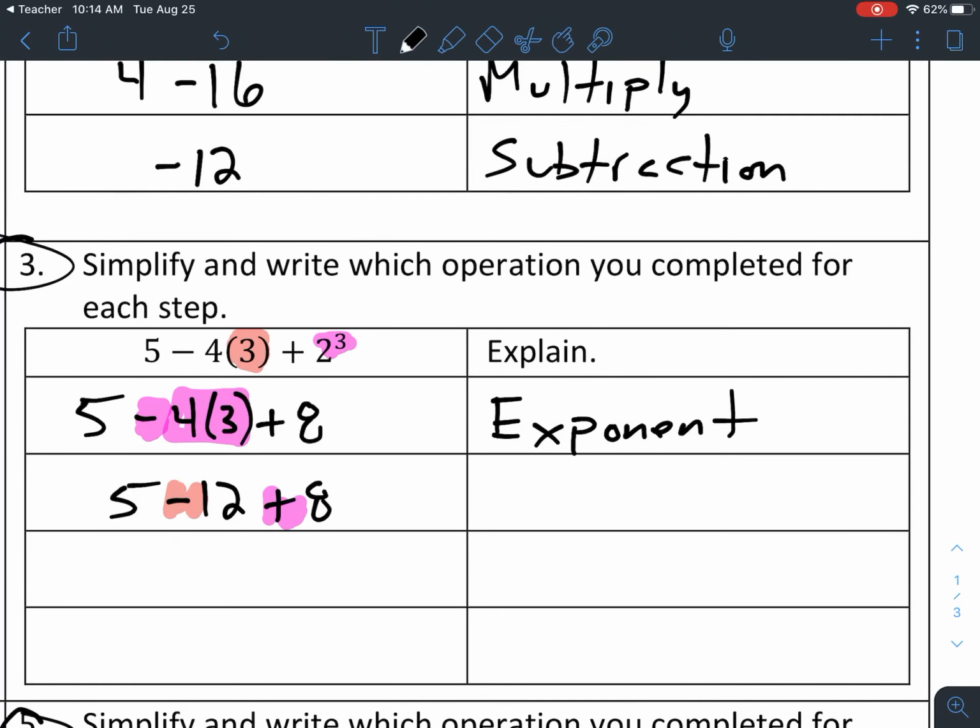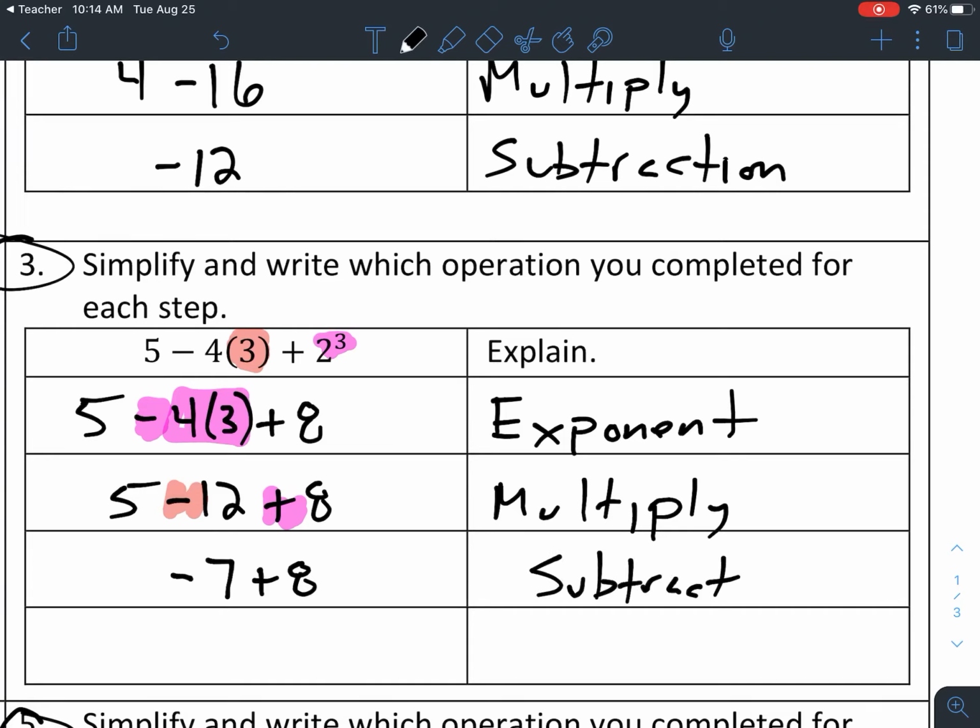We're going to be doing this one here first because it's the first one in the order. So 5 minus 12. Well, we know the bigger number is negative with that negative sign. So we're going to be left with negative 7 plus 8. And our reasoning, I forgot to write over here multiply. And then here subtract. And our reasoning would be because the negative comes first. Okay, so make sure you know that. Then lastly, we add these two together because we have the addition sign here. So that leaves us with 1